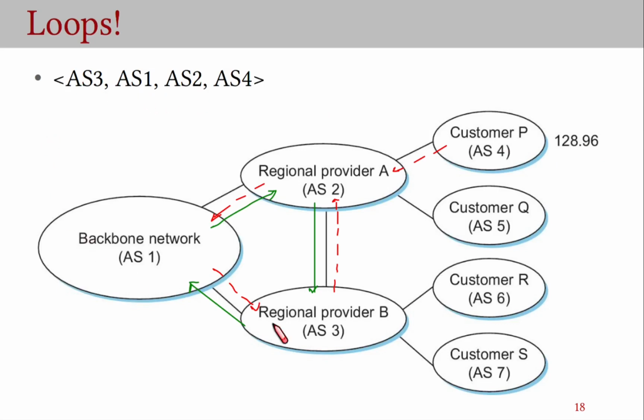And so when AS3 sends this announcement to AS2, AS2 is going to recognize that its identifier appears in this path, and therefore it's not going to add this announcement that it received from AS3, and that basically breaks this loop. However, to make that happen, these identifiers of autonomous systems must be unique,